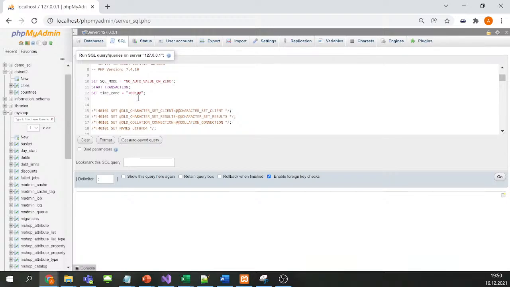We have some kind of set mode, set transaction. It's maybe not really significant for us. And then we have the statement create database if not exists. So if the database does not exist, it will create this database. For example, let's say we want to create the database net2_1, with some default settings, and then